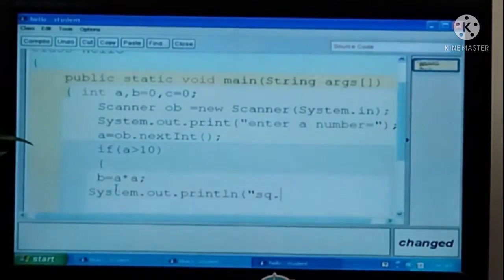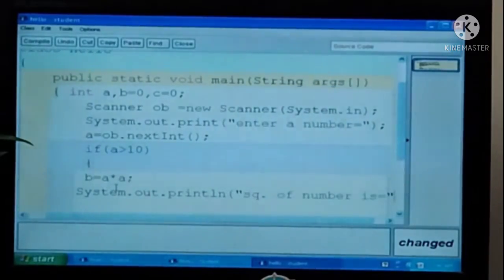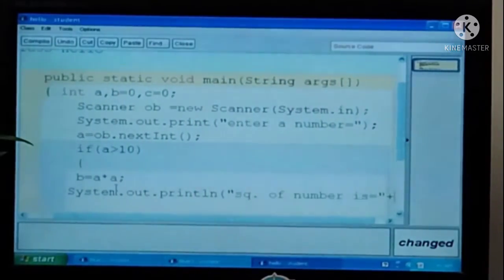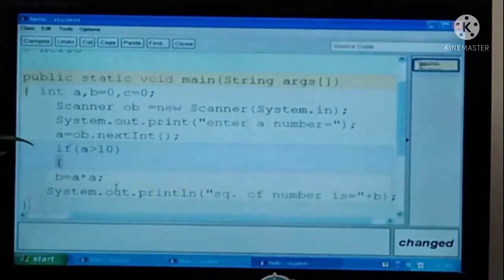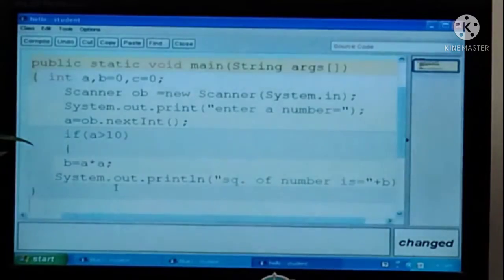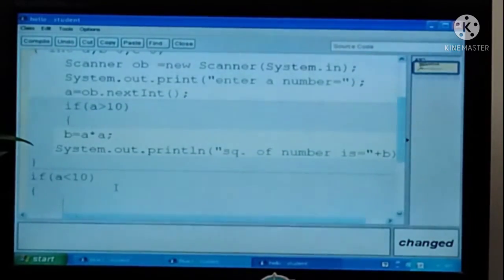"Square of number is" equal to what is in b. Again, if a is less than 10, then c equals 2 into a.